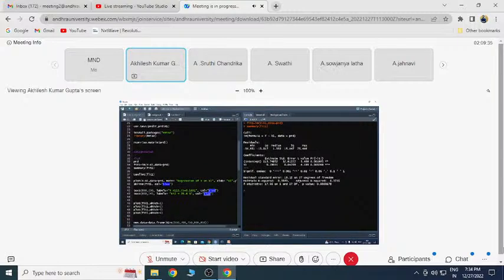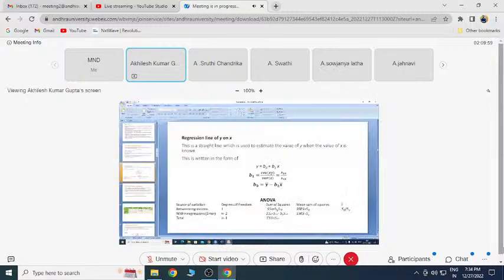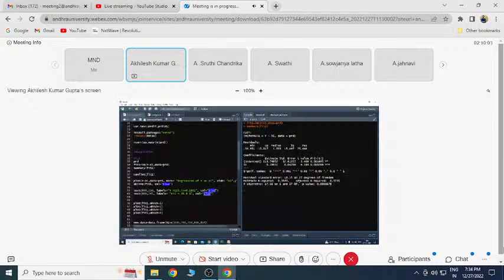Then this is your R square. Like I told you, we have two things, R square and adjusted R square. So we have R square 0.39 and adjusted R square 0.37. Your adjusted R square will always be less than multiple R square, and you have to remember that. Then you get the F statistic, this F value, and again its p value, which tells whether your overall regression is significant or not.